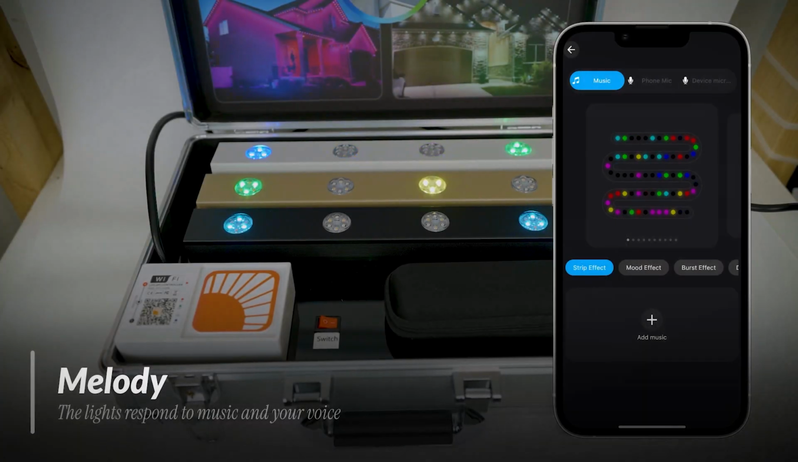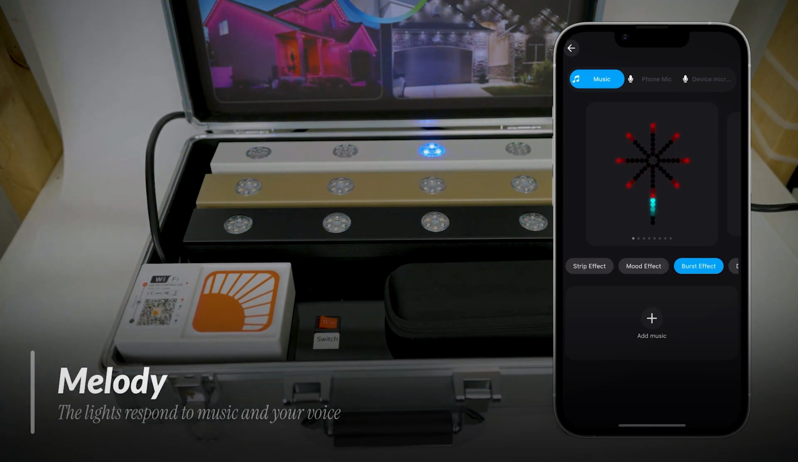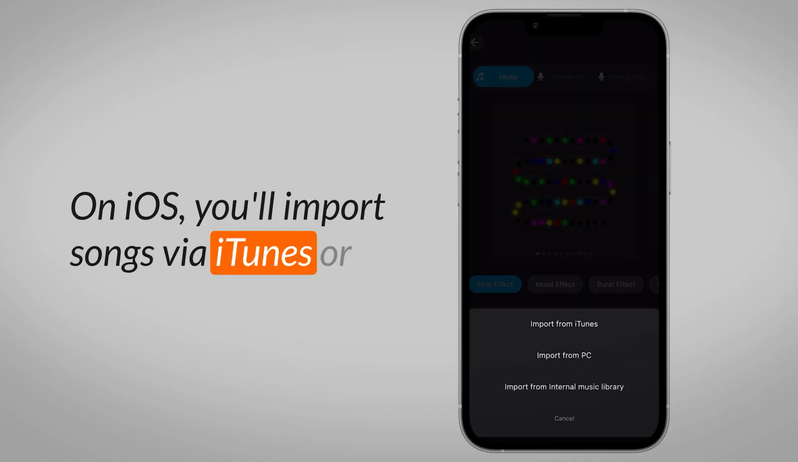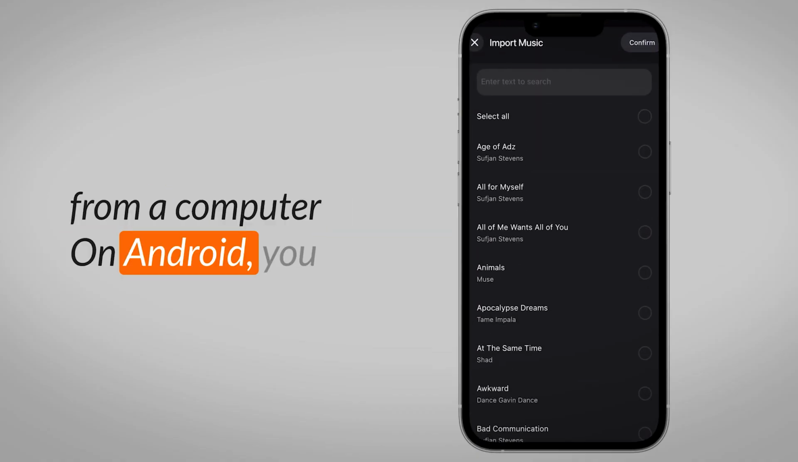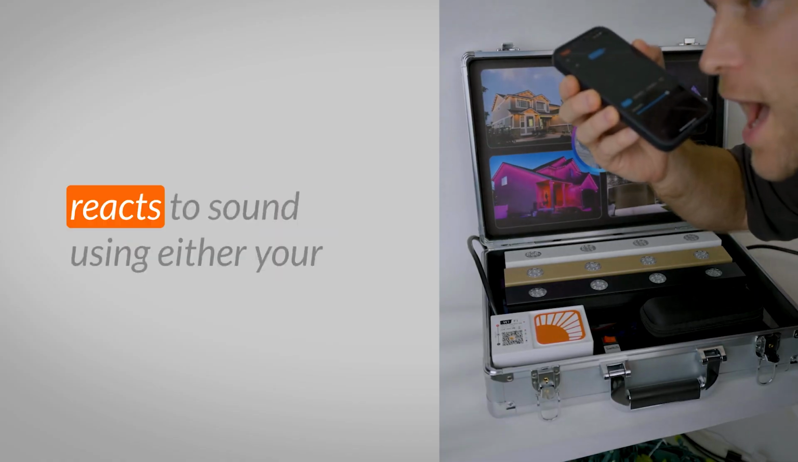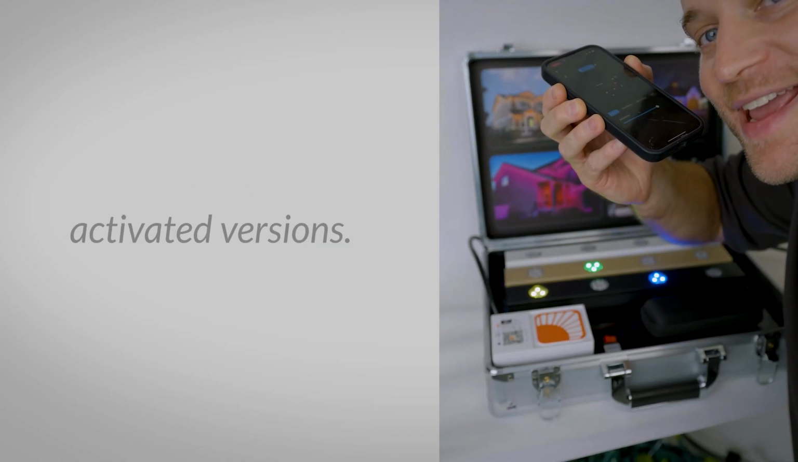For music-driven lighting, the Melody function lets you sync lights to songs you import or to a microphone input. On iOS, you'll import songs via iTunes or from a computer. On Android, you can use files stored on the phone. There's also a mic function that reacts to sound using either your phone's mic or the device's mic on voice-activated